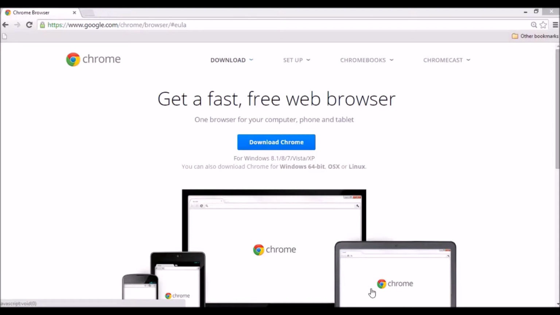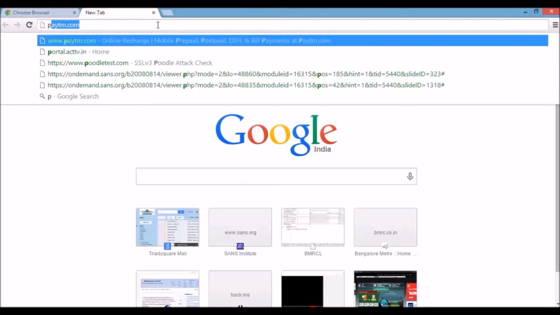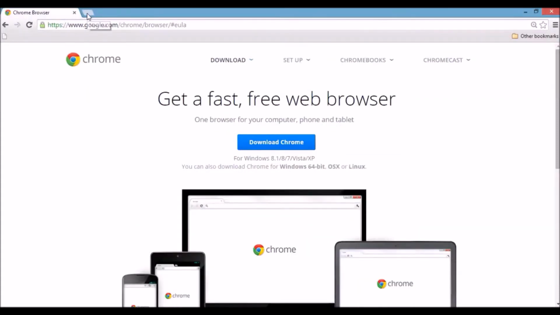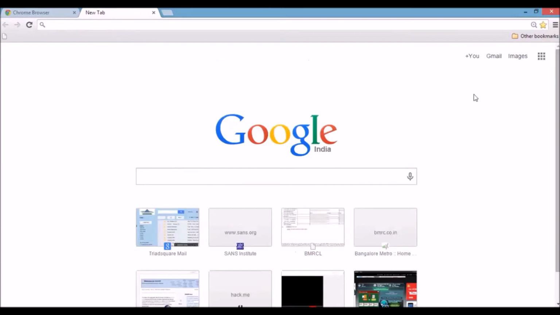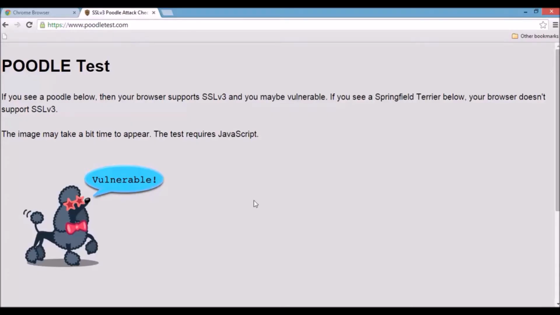First we will see Google Chrome. To check whether this particular version is vulnerable or not, go to the website poodletest.com.